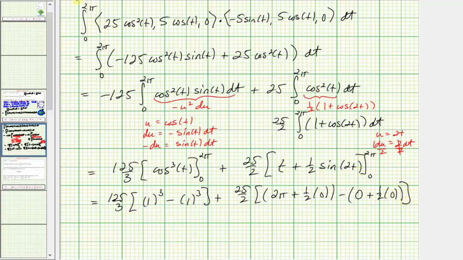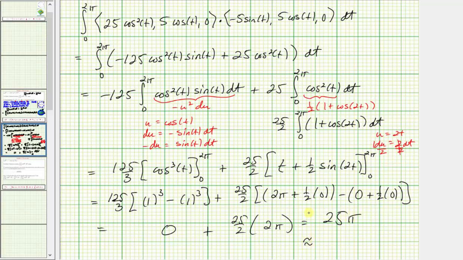So simplifying, notice here we get 0, plus here we have 25 halves times 2 pi. This is 0, and this is 0, so the final result is 25 pi,